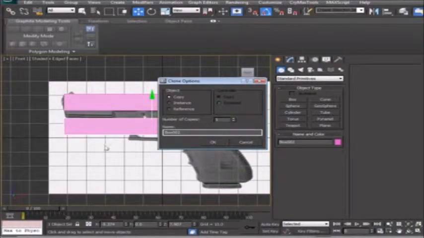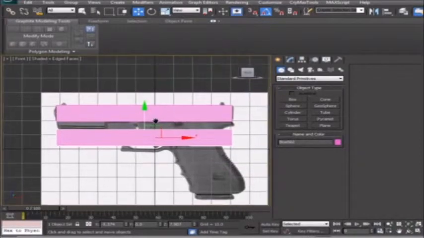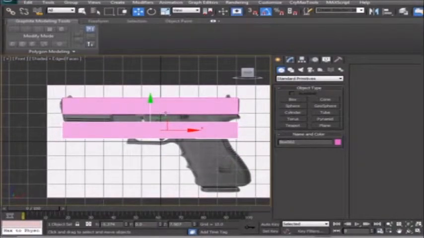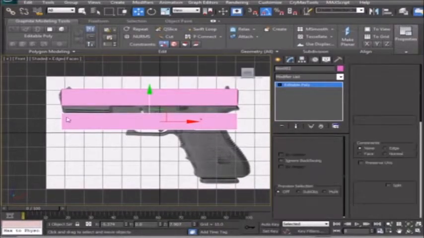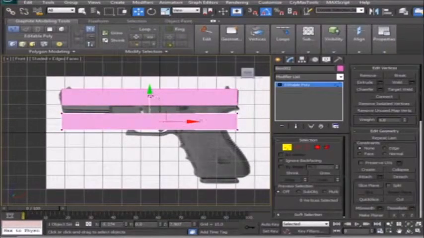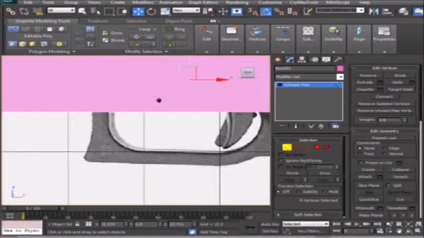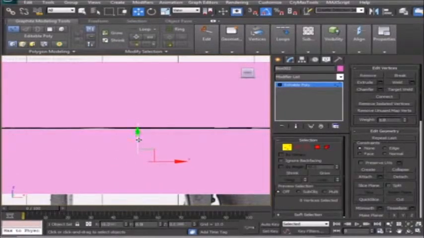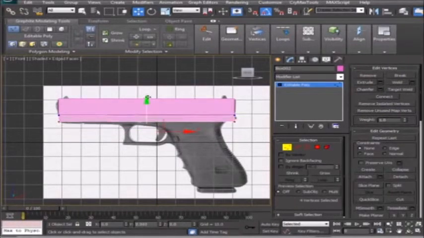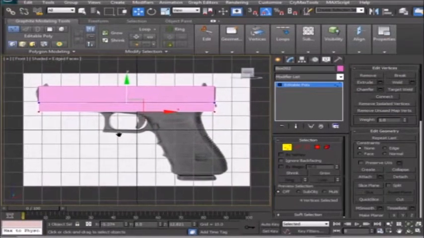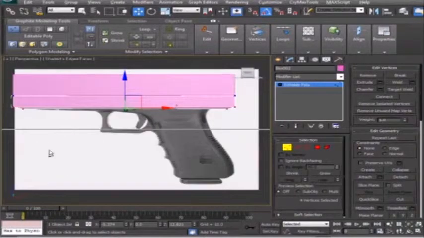We want to make these completely separate, so we're just going to hit OK. I'm going to convert this to an editable polygon using my editable poly hotkey, and I am just going to move it into place. It is slightly separate from the top, and I'm going to go ahead and match that height there. Okay. Now I'm just going to go back to perspective view,